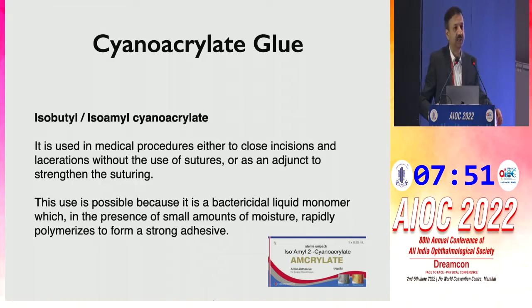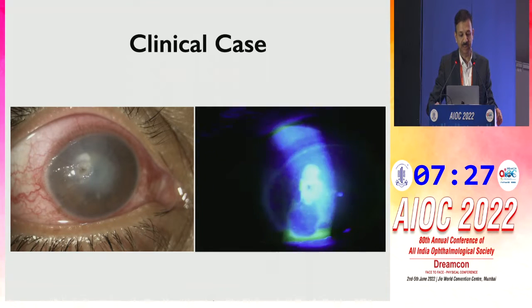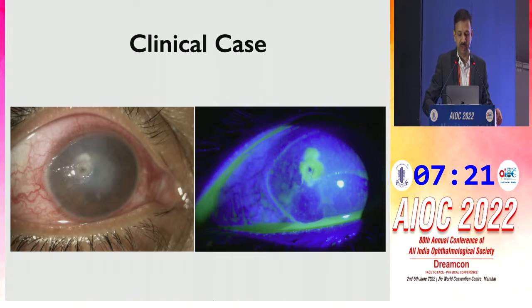Cyanoacrylate glue is commonly used in medical surgical specialties where they use it to close wounds without sutures or augmenting the suture. It's basically a liquid monomer which polymerizes on contact with liquids. If you have a corneal ulcer, you can get a thinning or perforation either during the active stage of the ulcer when you have a lot of lytic activity, and sometimes it can happen even during the healing phase when the ulcer is beginning to regress, but because the cornea has become thin, it can give way and you can have this kind of perforation. In such a case, cyanoacrylate glue is useful to seal wounds which are at least 1 to 2 millimeter in